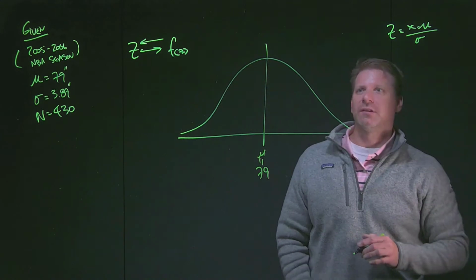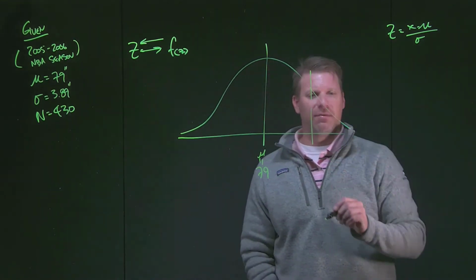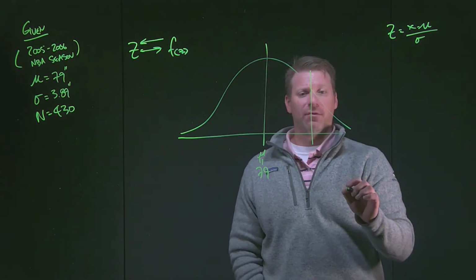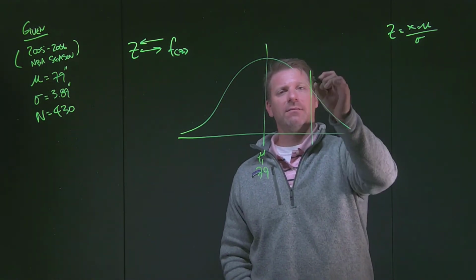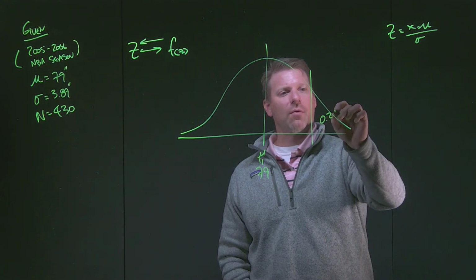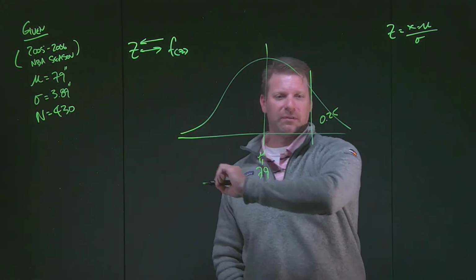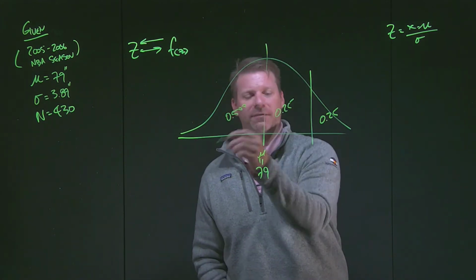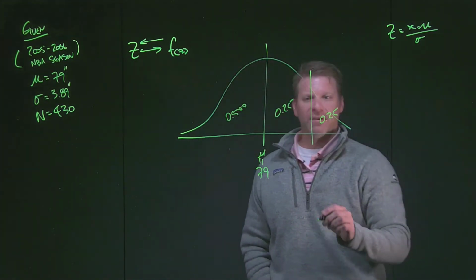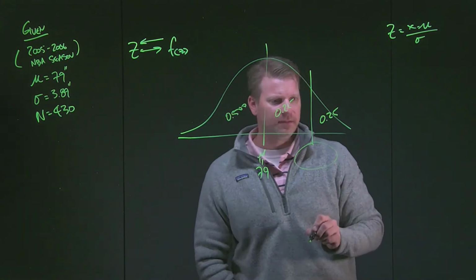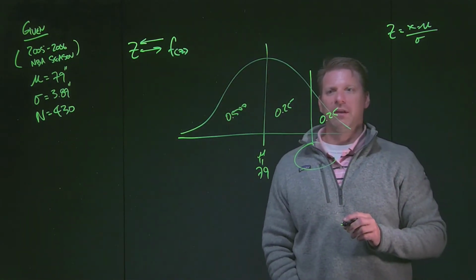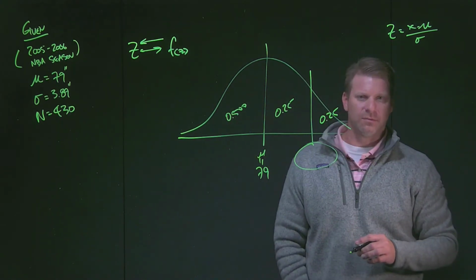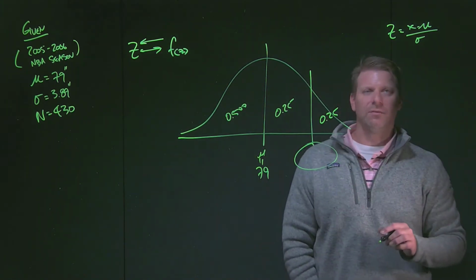If I asked the question, what is the lower boundary on the top quartile, or what is the boundary on the 75th percentile? Here's our top quartile. Our 75th percentile would also include the 0.50, the half that's below the mean. But if I basically said, what is the height that separates the top 25% of NBA players from the rest of the players in terms of height, we can find that value.